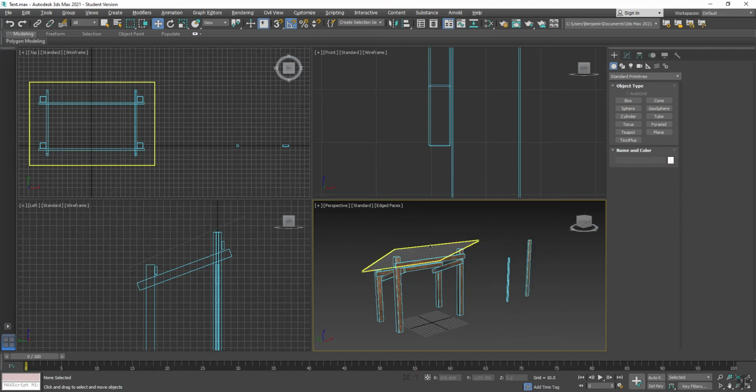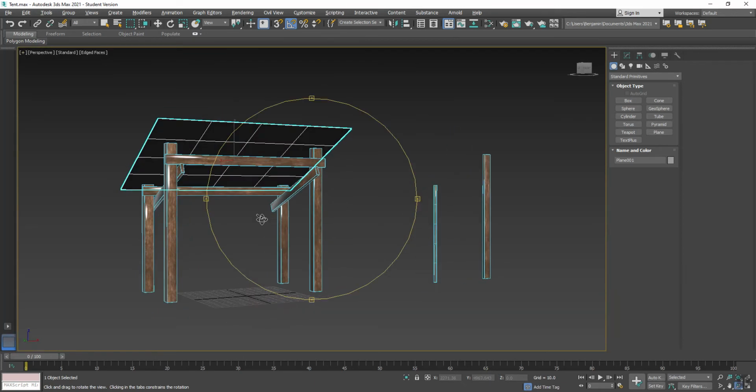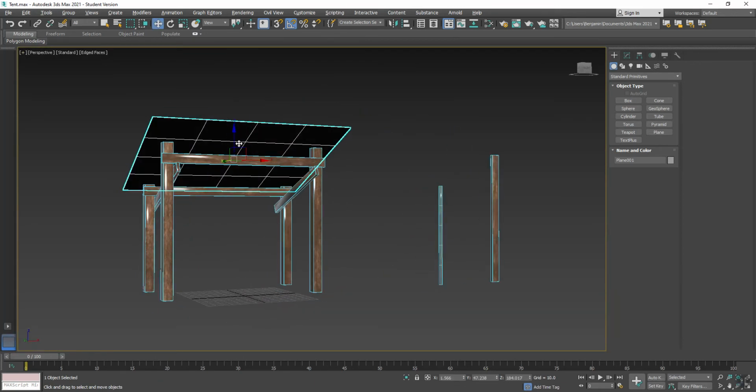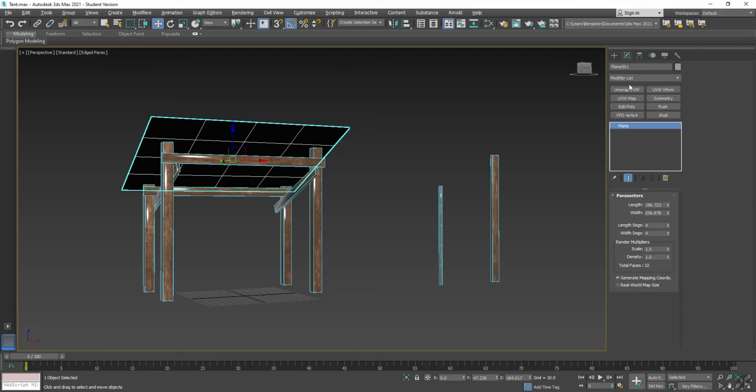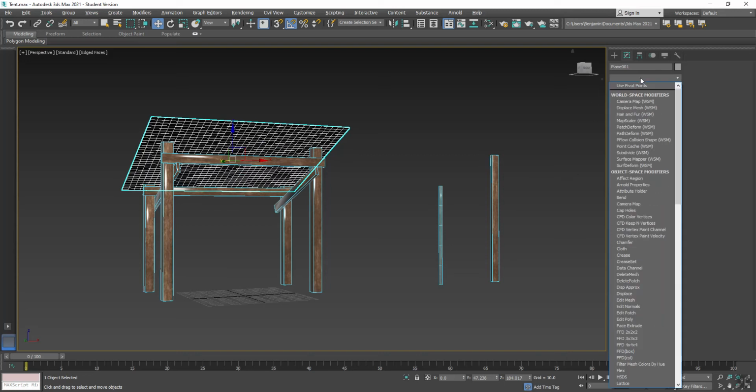Okay, so when you're working with cloth, I'm going to click here to make the perspective view bigger, maximize viewport. Let's also, real quick, center the x-axis on 0. When you're working with cloth, you need to have a lot of vertex points in order for the simulation we're going to run to work. So if I take this plane and change it to 32 by 32, and then put a cloth modifier on here,